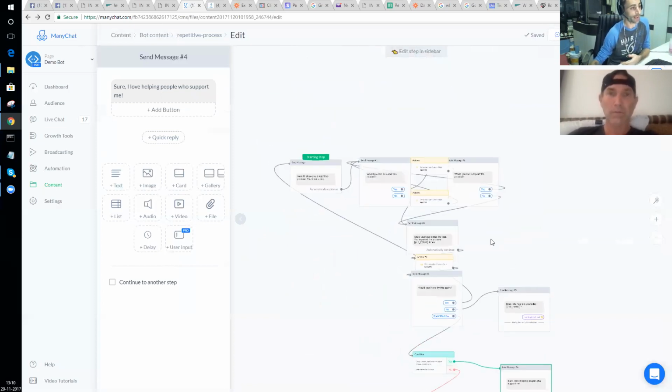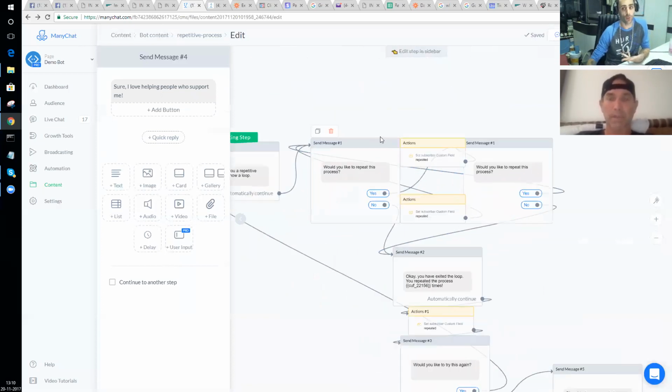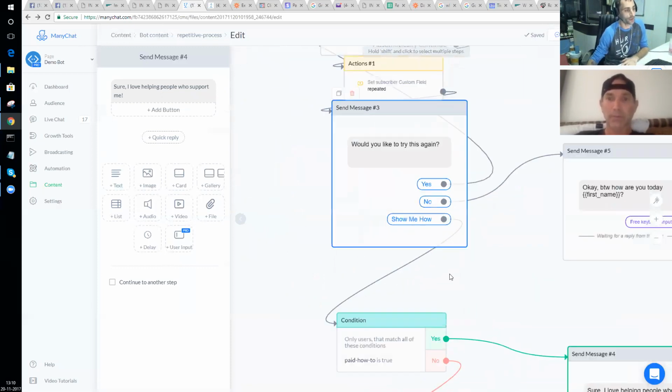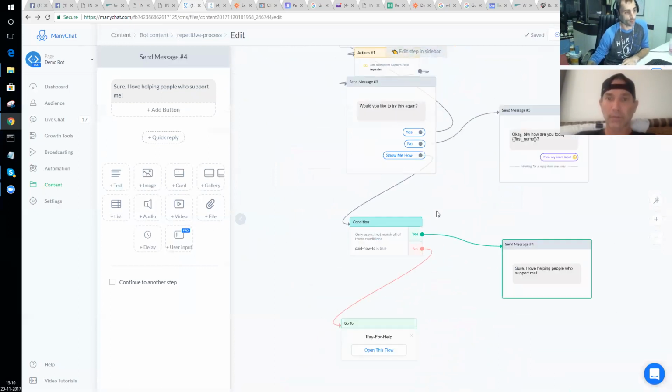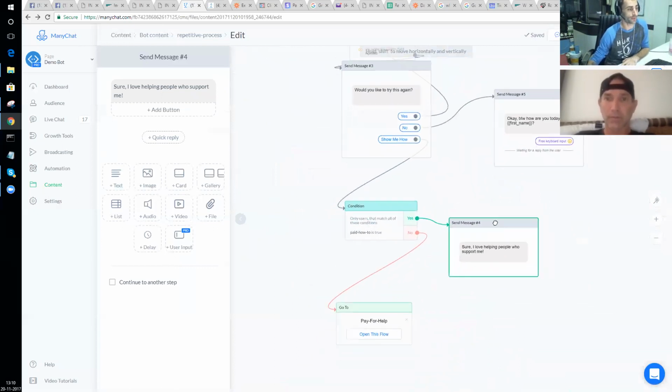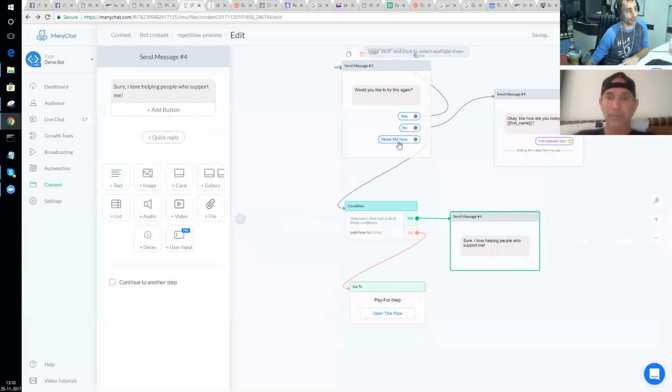where you want to learn exactly how to do this repetitive process, and you want to learn exactly how to do this loop, and you want me to show you how to do it. I have no problem showing you how to do that, but you need to pay me $10 a month for me to get access to all this content. So now whenever you hit show me how, I'm going to check, hey, if you've already paid me, then I'm just going to go ahead and give you access to this content because that's what you pay for. If you haven't paid me, then I'm going to send you to this flow